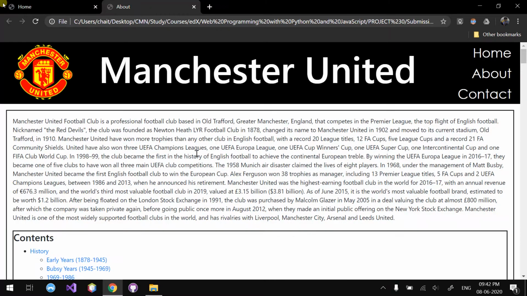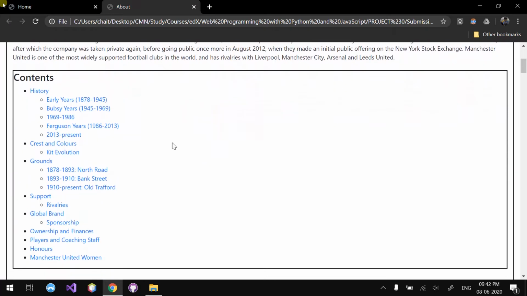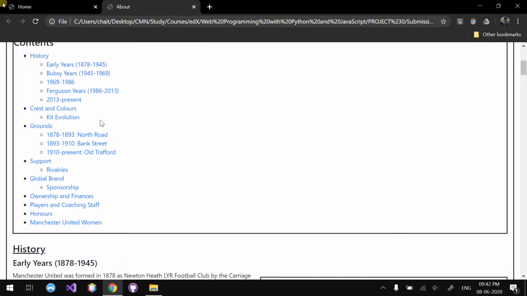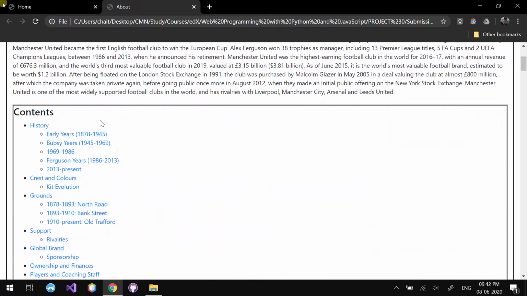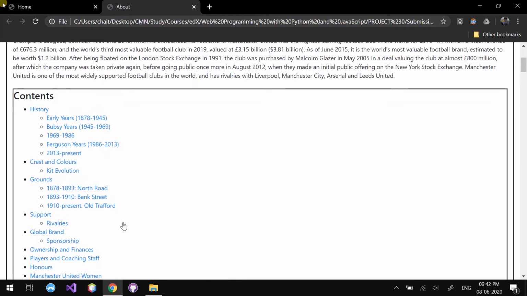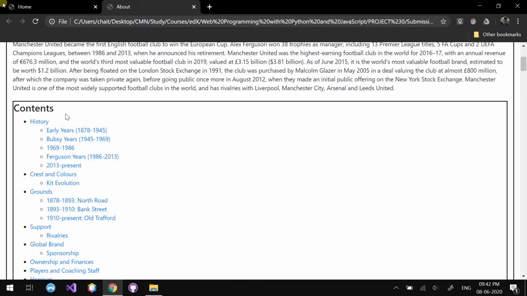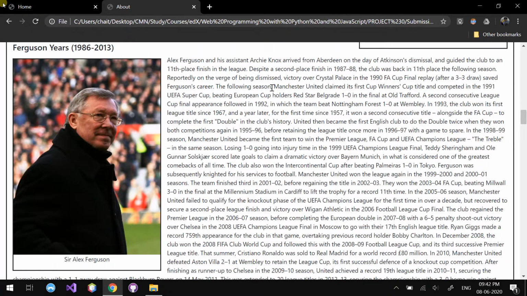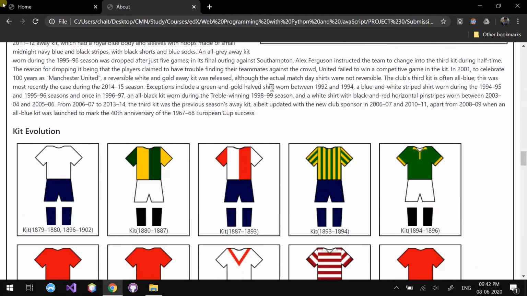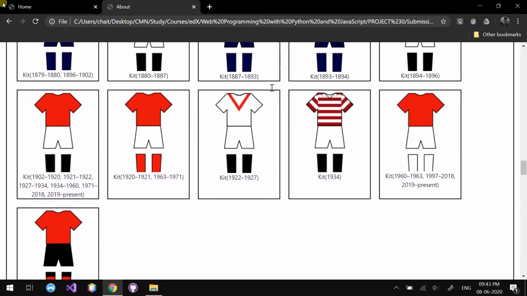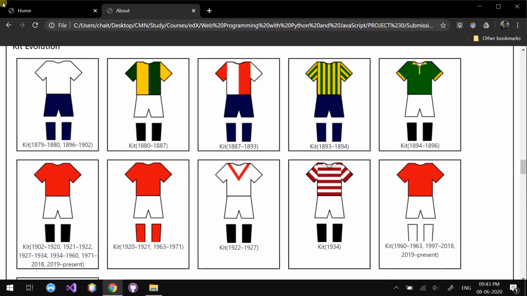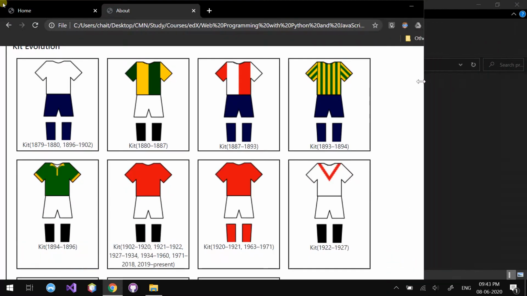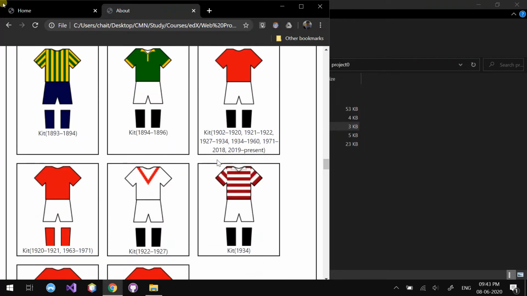The About page will open the about page on a new page. All these contents are hyperlinked to the respective topics. This is done using a list, and for example, if we click on this, it will go down to the topic on which we clicked, and all this is even page responsive. As we shrink down the size, the items keep on going down.